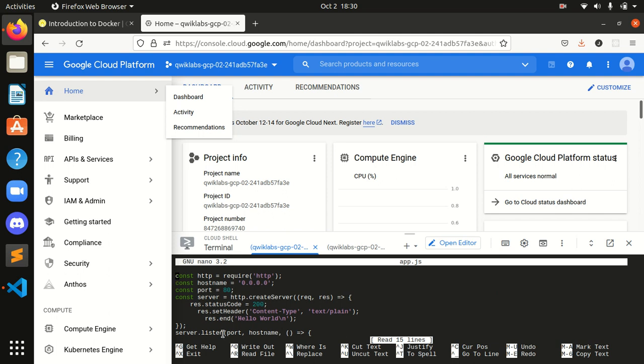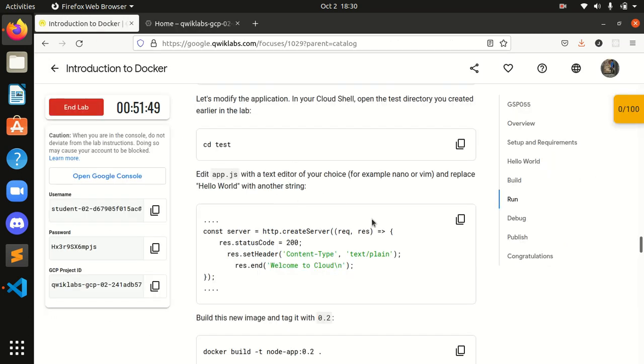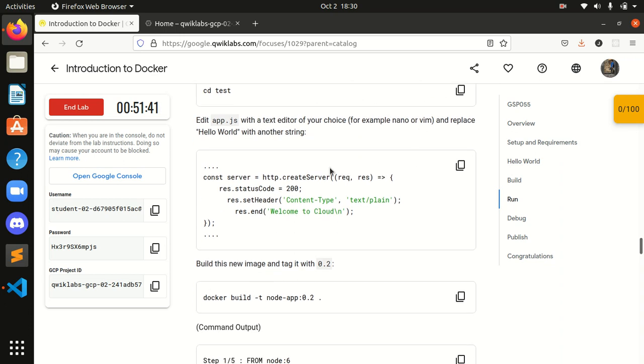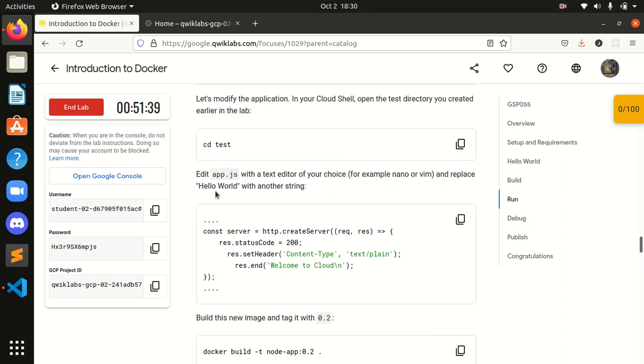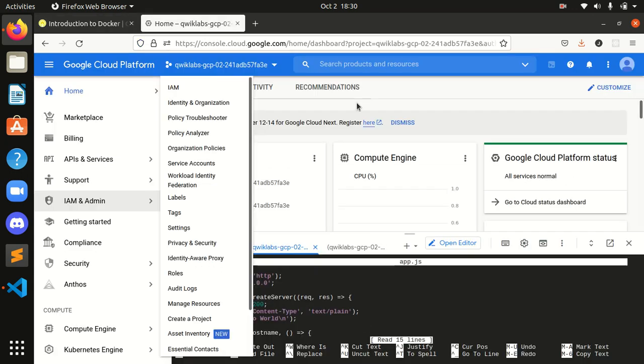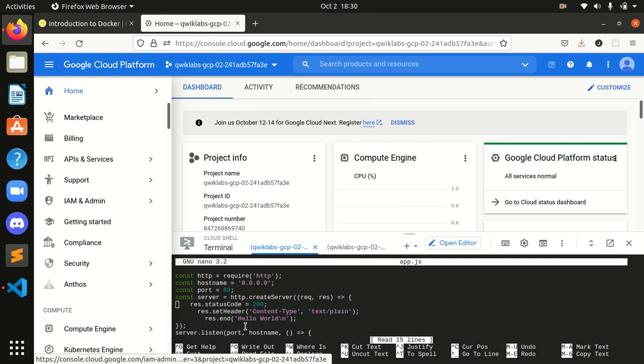For editing in nano, guys, don't forget to do these steps. We have to type nano for opening that editor, and after that, as given over here, replace hello world with another string. Here we can see that it is hello world.